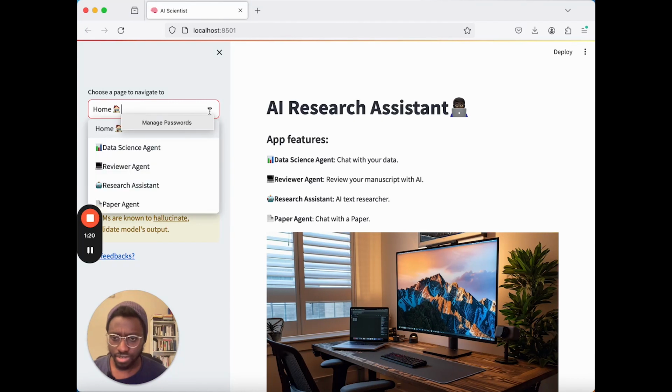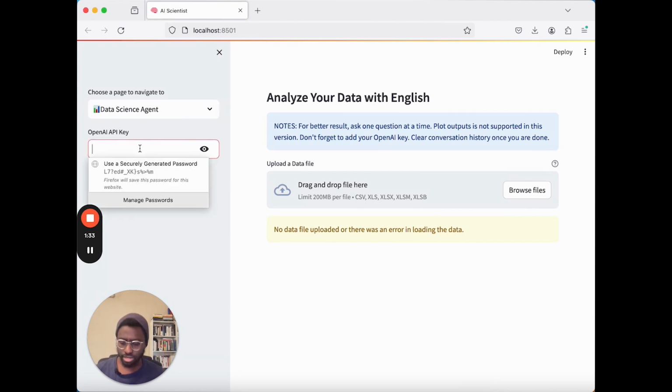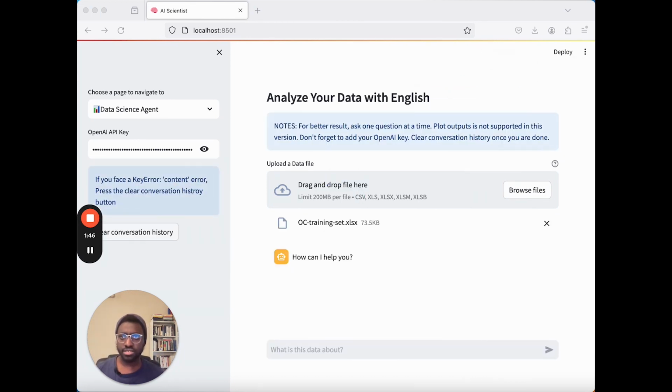And I'm going to start with the data science agent. So the first thing I want to do is to grab my OpenAI key. Okay, now that I have my OpenAI key, the next thing I am going to do is put in a data set that we are going to use, and this data set, very briefly, is